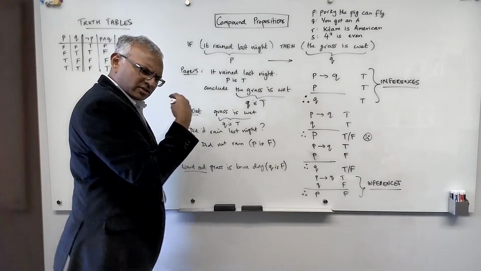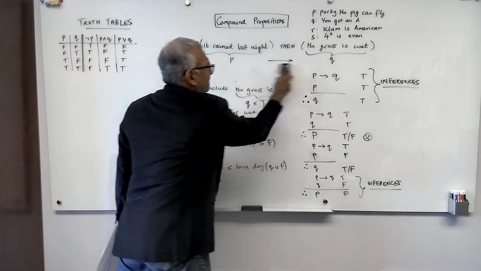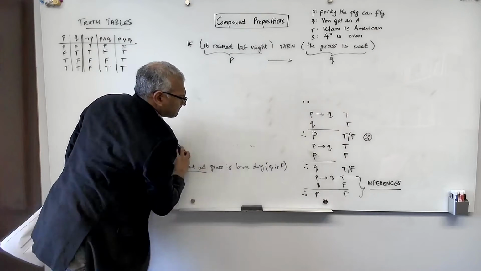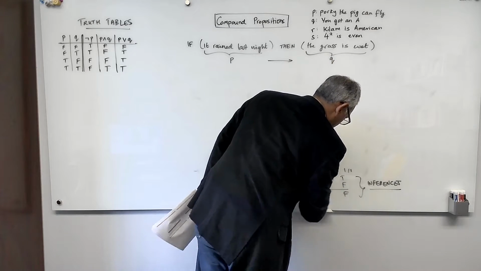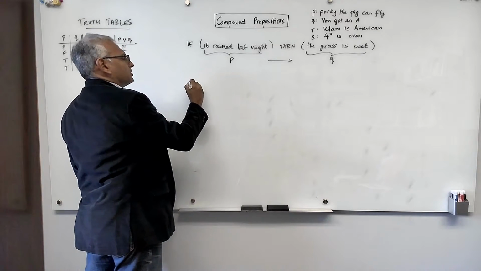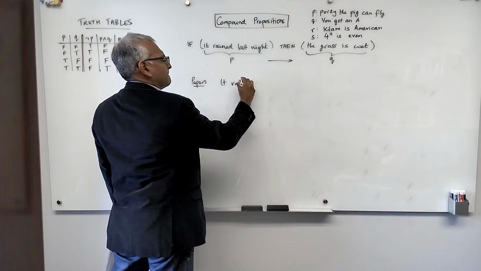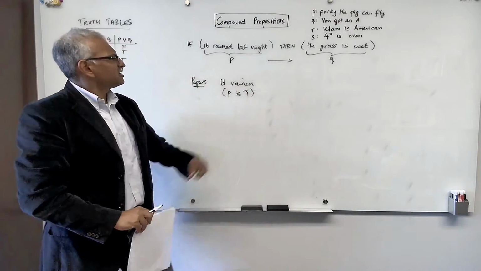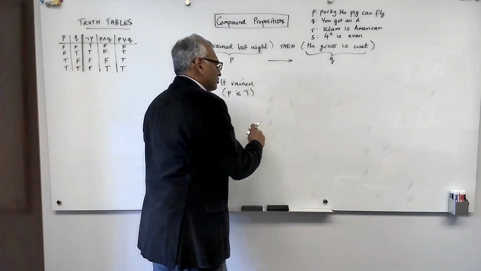Now let's suppose we're trying to figure out whether or not this implication is true. So you're sitting down, and you're reading the papers, and you find out from the papers that it rained. So P is true. Now, if this implication is true, you're expecting the grass to be wet. So you go outside, and you find out the grass